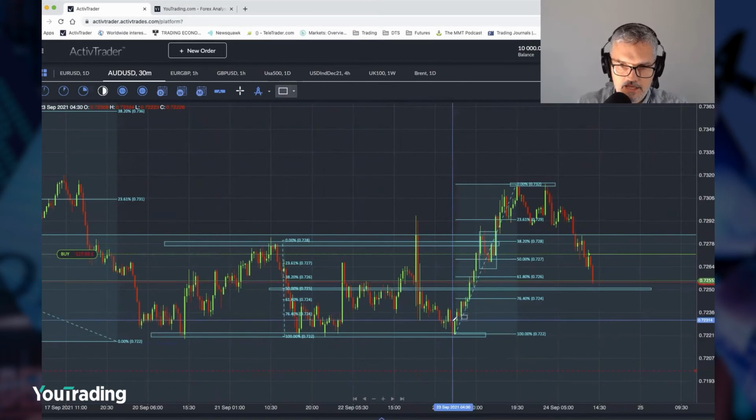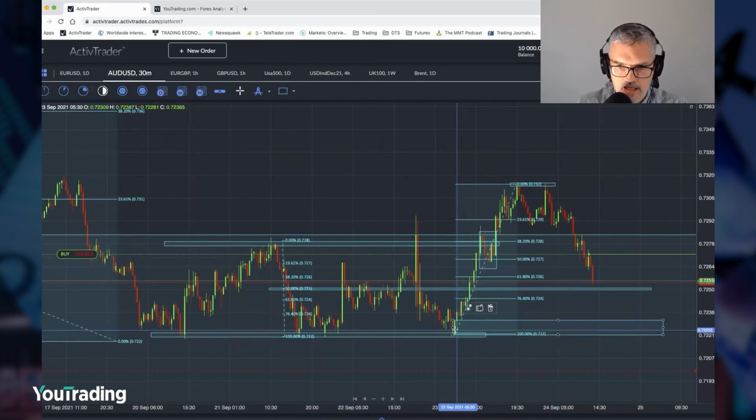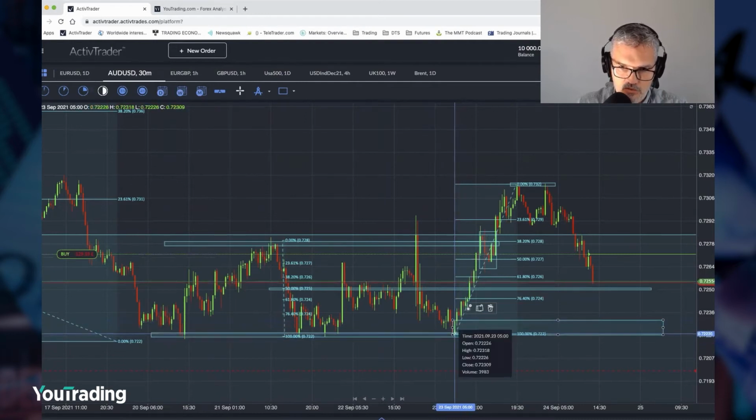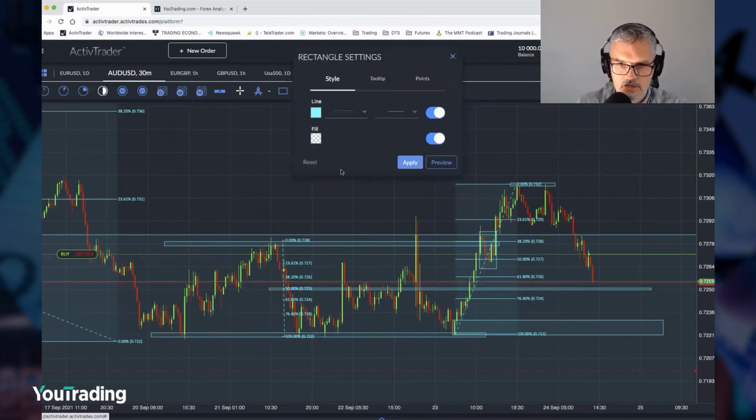There is one last place where buyers could step in. So this is the bottom of the range. So I said 4 tests of this level. This is the lowest close. So that was like the last of the sellers to get trapped in, just going short before they rushed it higher in this impulsive move. So there's definitely buyers here. So if I turn that to green,